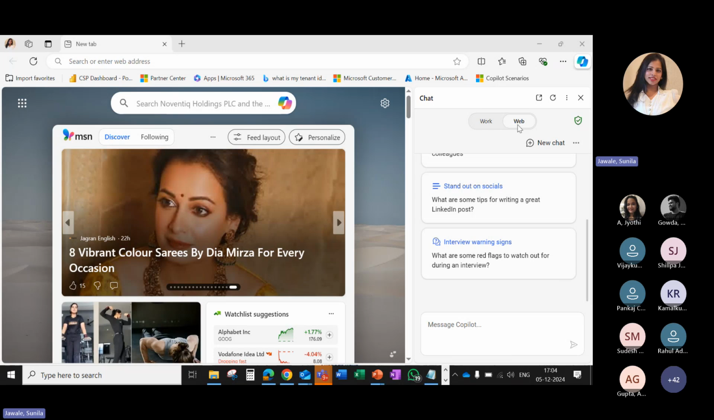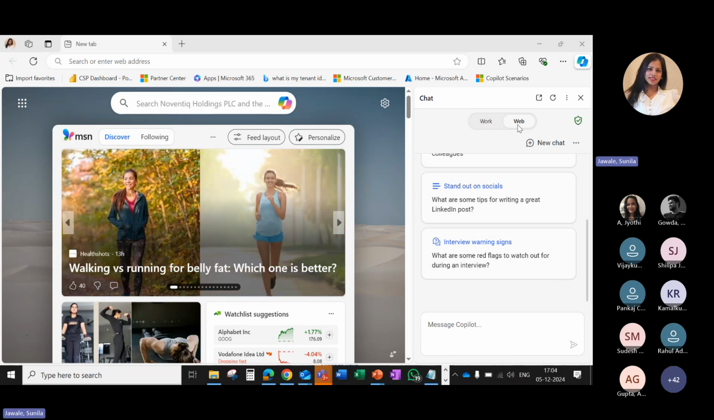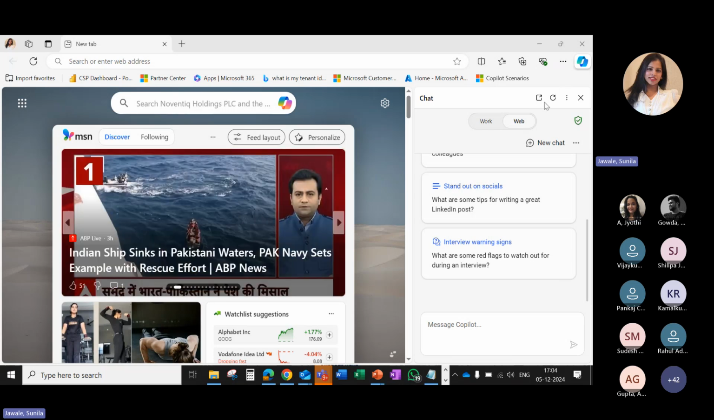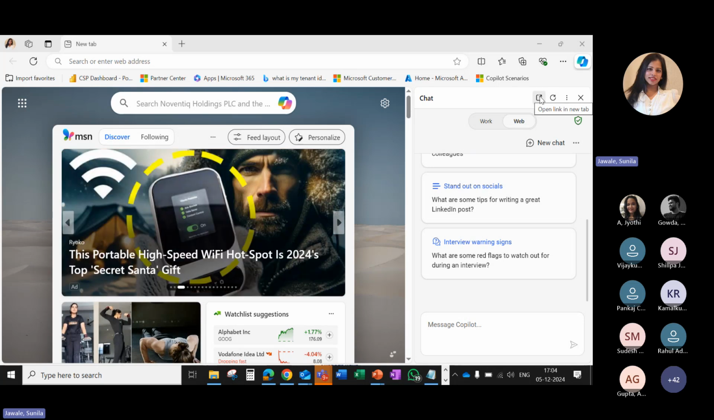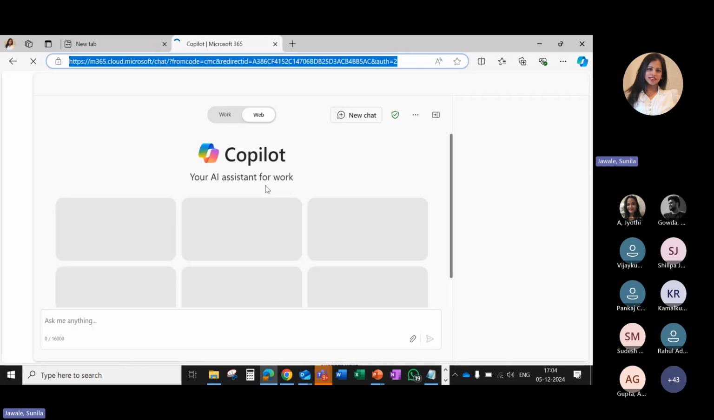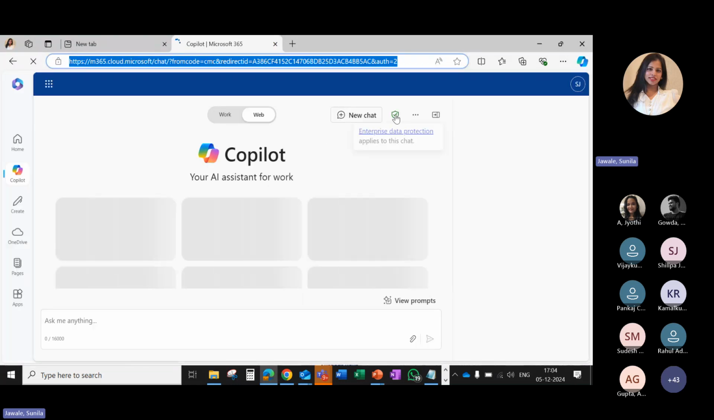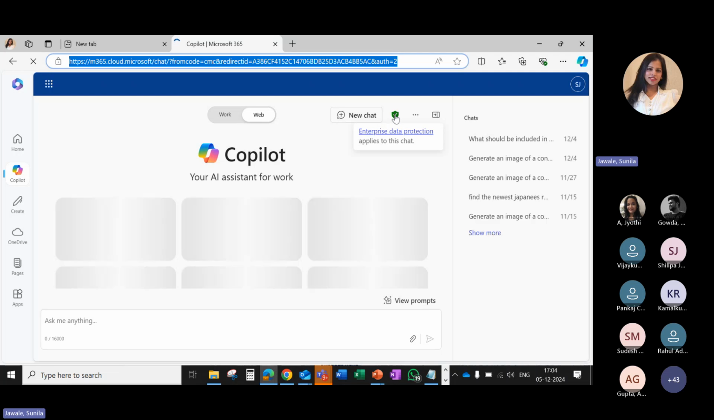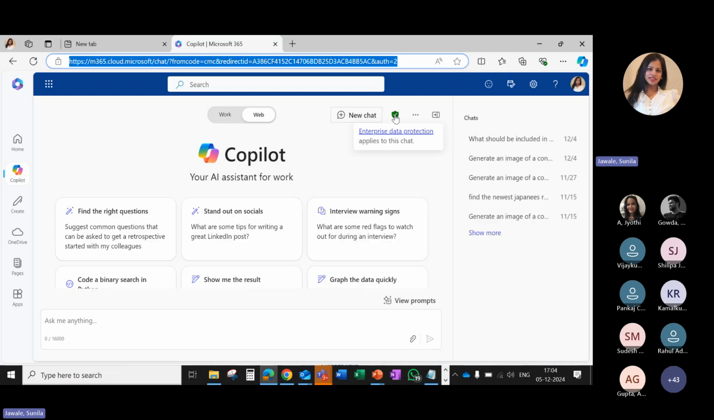So we suggest all users go and try this out and exhaust these prompts, so that you get an idea of what Copilot can do. To start with, you just need to expand it. You will get two tabs here, your work tab and web tab. Here you can also see this commercial data protection shield, which Ayush rightly mentioned. When you talk about any AI tool in the market, be it Gemini, Bard, or ChatGPT, the difference between these apps and Copilot,